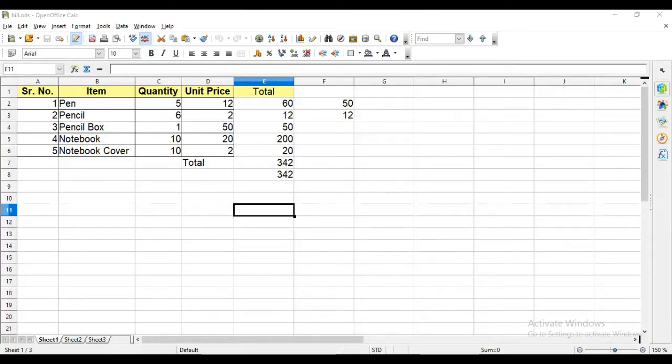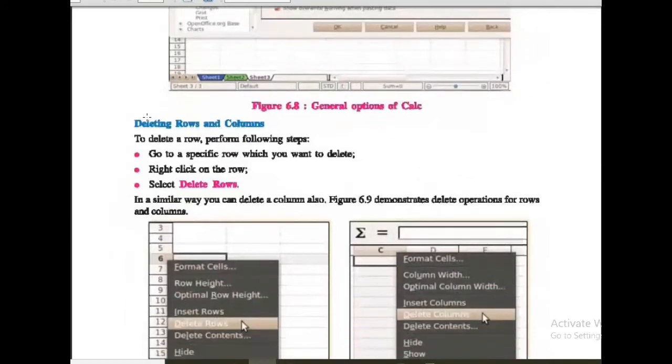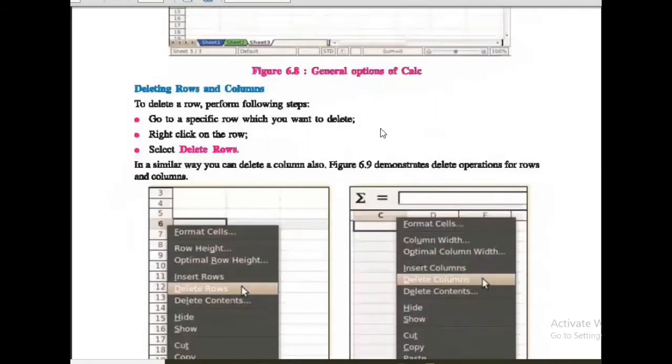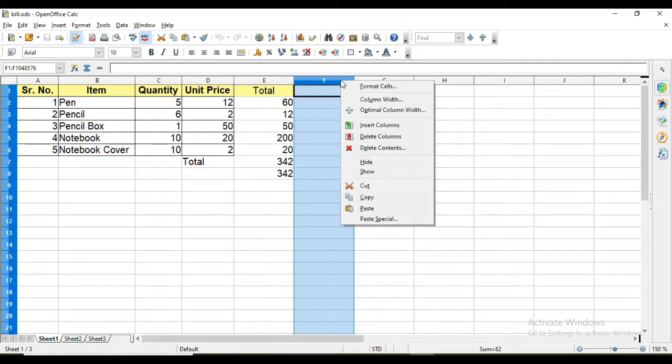Okay, now here we are going to see different other operations that we can perform in Calc. So here is how to delete a row and column. For example, if I want to delete this column, click on the column header, right click and then delete column.